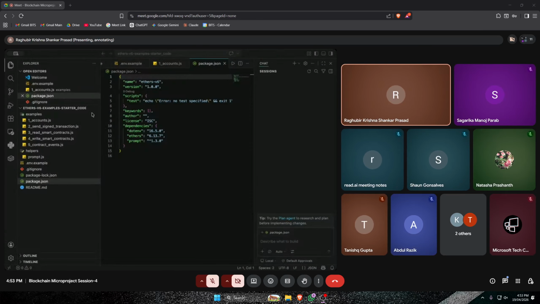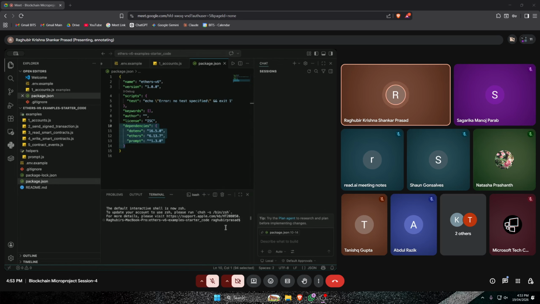Yeah. So here we have our packages. We are using three packages over here: .env, ethers, and prompt. So we'll just go ahead and run an npm install to make sure that all our packages are installed. This will finally deploy our code as well. But for now,